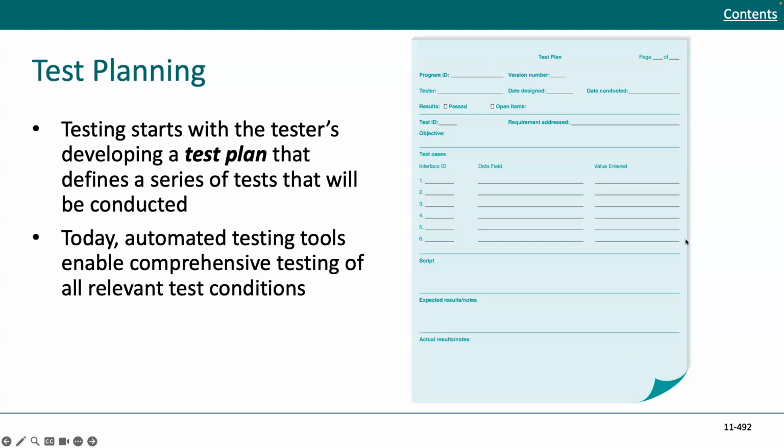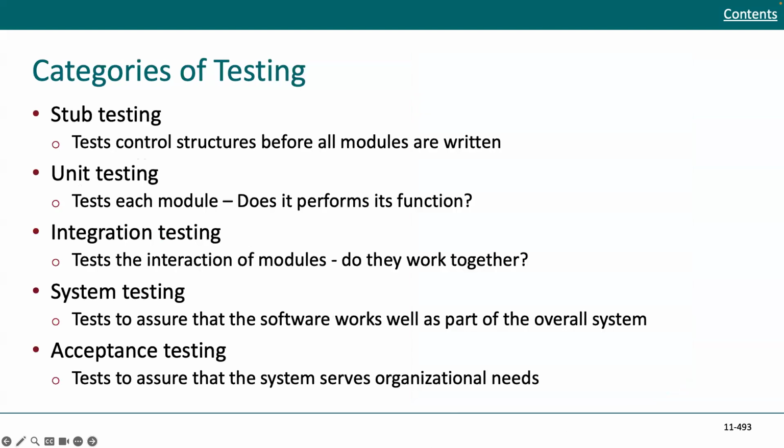So this is just an illustration of what a test plan template could look like, at least for some aspects. So here are the categories of testing. First of all, stub testing. You test the structure before all modules are written. So it just has a hello statement or returning of something, so you get the basic idea of